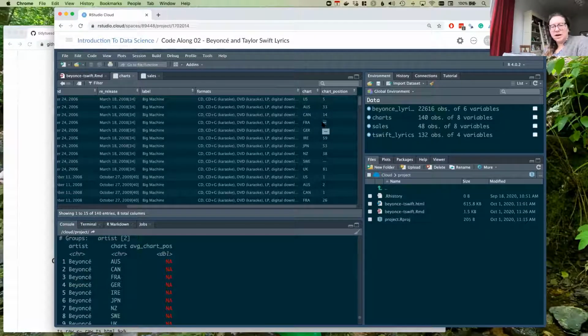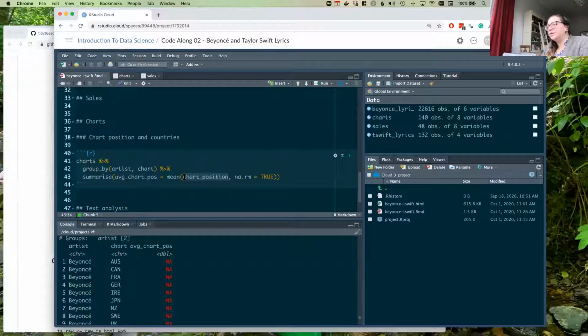Chances are the chart position variable is not encoded as numeric data, because somebody decided it was a good idea to put dashes instead of just leaving the cell blank. It is categorical, exactly. So then it doesn't find the mean for me.